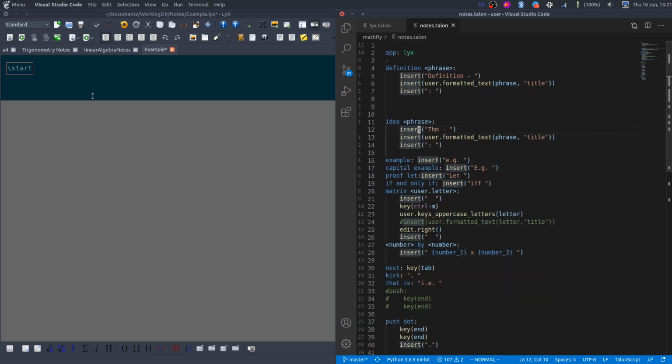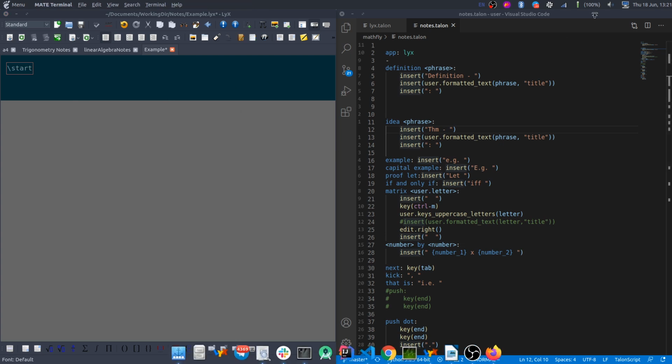But yeah, I'm just going to dictate some math. I'm going to dictate a theorem, a proof, and then I'll show how I would do a matrix operation. There might be bugs and stuff. It might not be perfect. But I just want to show one example of how I would be using Talon. I actually dictate slower because I'm usually thinking as I dictate, but I'm going to try to go a little fast. If there are mistakes or something, I'm not going to be too worried about it. Usually there are a couple of mistakes here and there as I go.